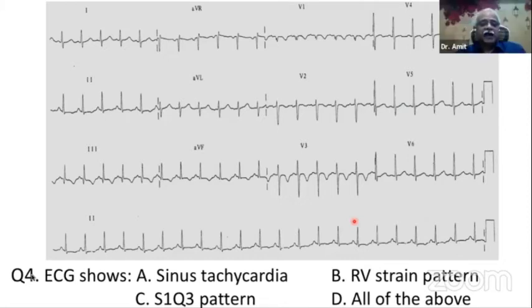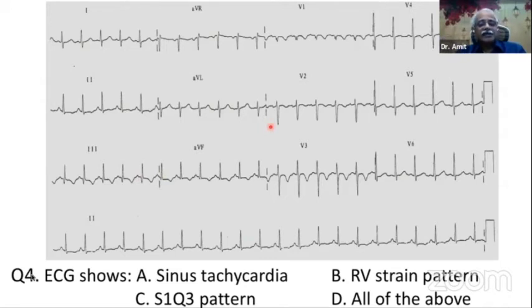So this is again a pattern recognition. Recognize all these patterns. You have precordial T wave inversions, you have decapitation of the R wave, telling you hypertrophy and strain. There is sinus tachycardia. There is an S1Q3 pattern. So S1Q3 pattern also classic. So all of them are classic for pulmonary embolism.